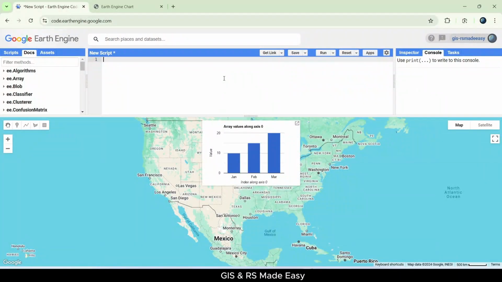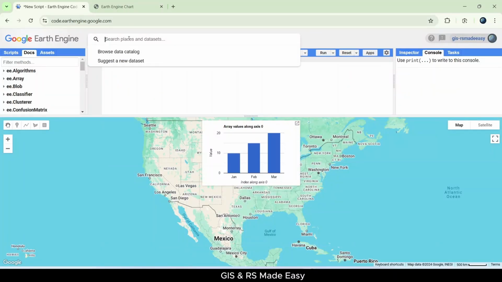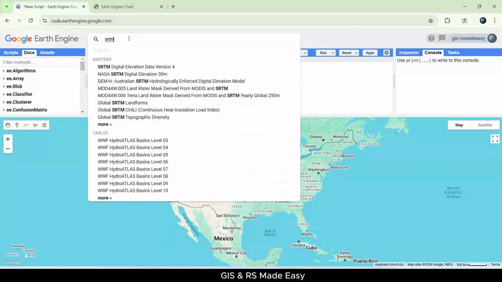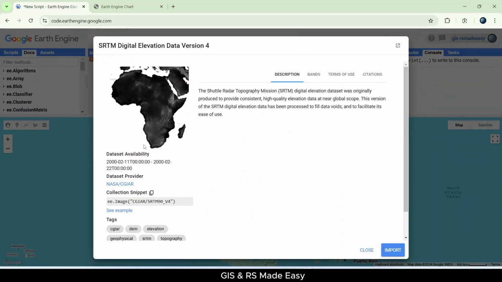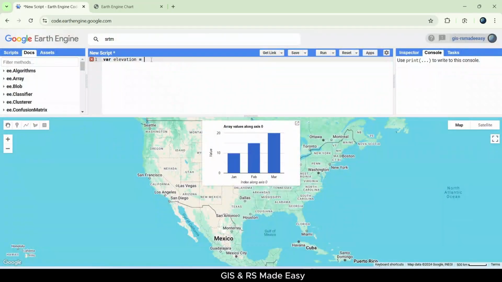Now let's add an elevation layer. We will use the SRTM elevation. Let's search for SRTM and click on version 4. Copy the collection snippet and close. Let's paste this. Now we will make the custom layer using the code